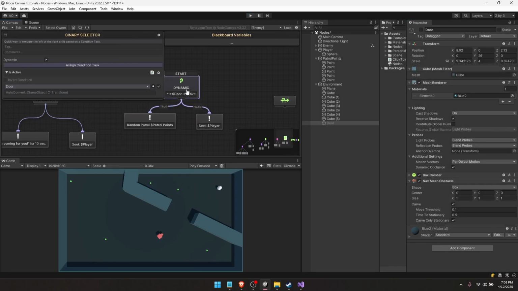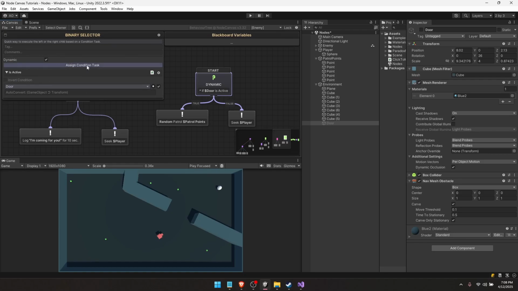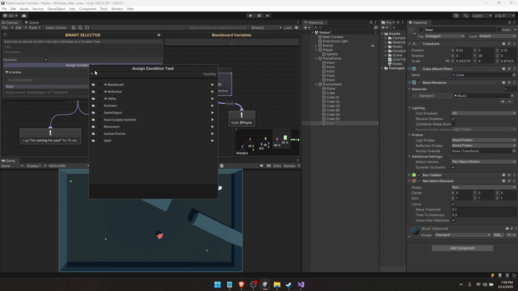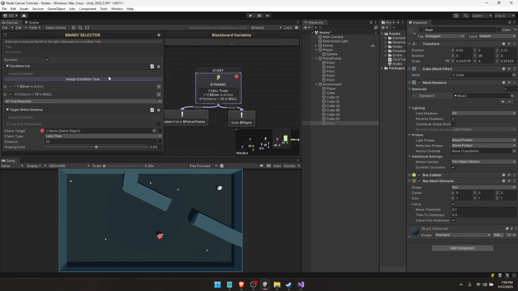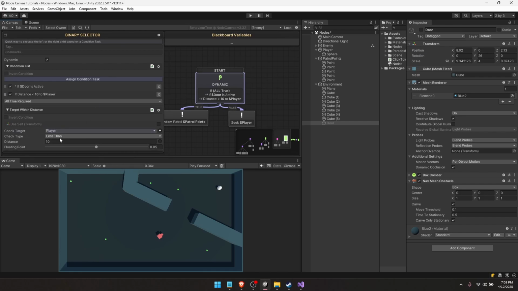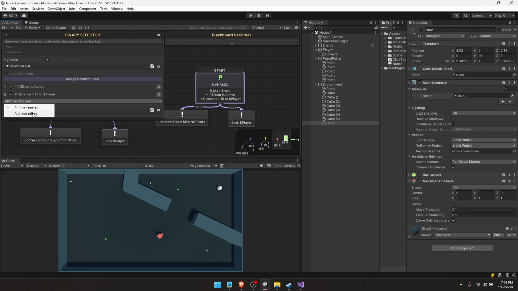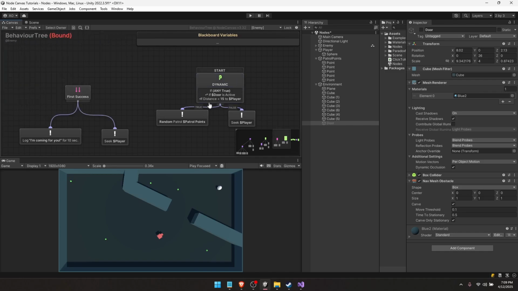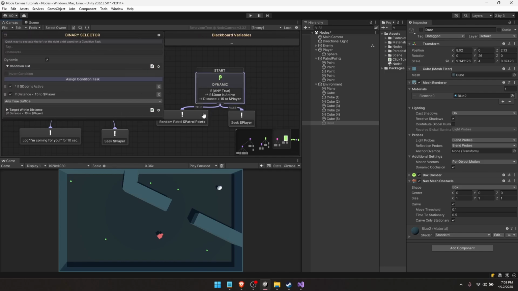Now what you'll notice is that I can actually add multiple conditions. So here I can assign another condition task. So let's say check target within distance, connect that to our player. So if our player is less than 15, and here we go, if all true, if the door is active and the distance is less than, so actually, in this case, let's do any true. So if any of these are true, so if the distance is less than 15 or the door is, and let's change this to be if the door is